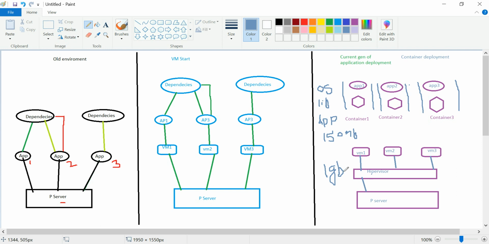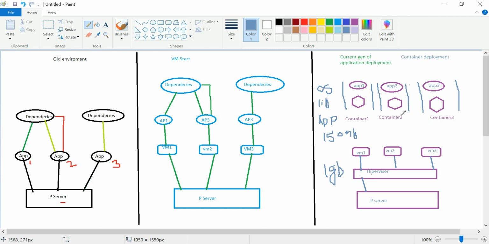Because of this size, we have to minimize the container size, because the container is a minimal requirement of the OS and the libraries with the applications. So that was more beneficial for running any applications, and moreover, if you make any changes on the applications, it's not going to impact any of those other applications.